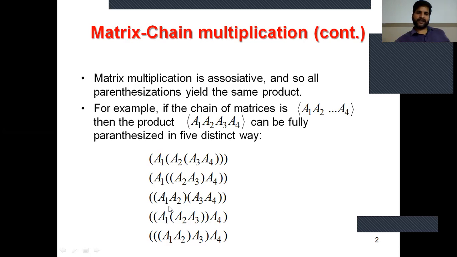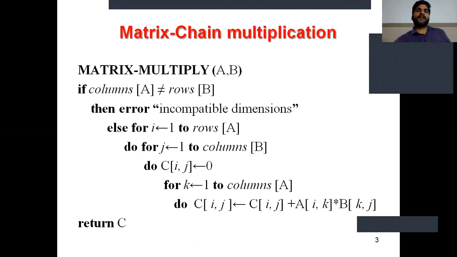Now the next parenthesization: the multiplication of A1 A2 and the multiplication of A3 A4, and both products are multiplied with each other. Similarly, next, the parenthesized multiplication of A2 A3 is multiplied by A1, and the whole product is multiplied by A4. Similarly, the multiplication of A1 A2 is multiplied by A3 and the whole product is multiplied by A4. So matrix chain multiplication is simple.